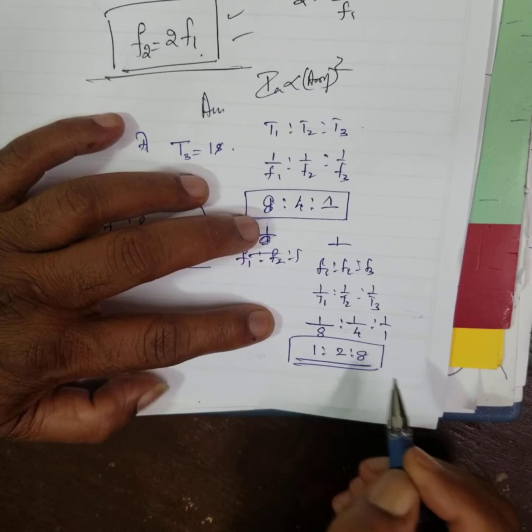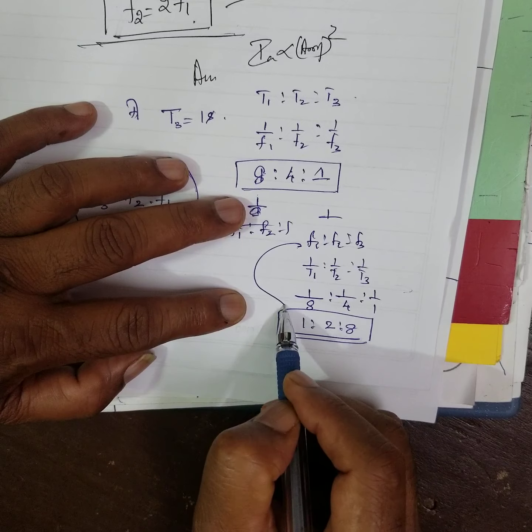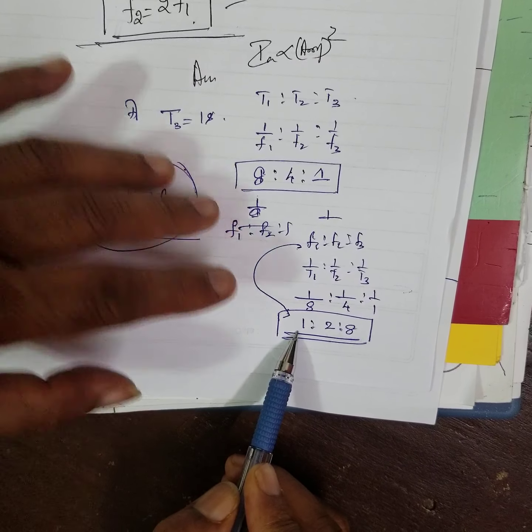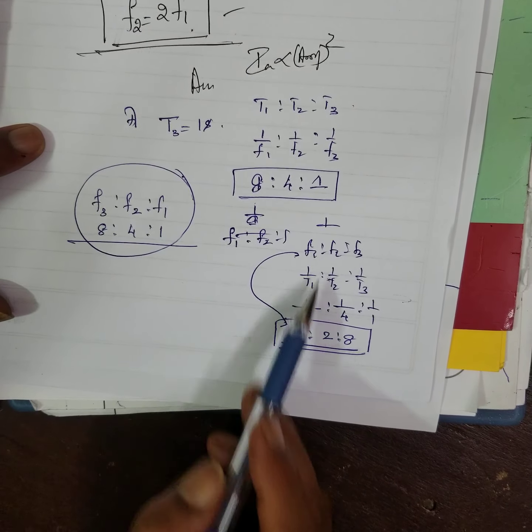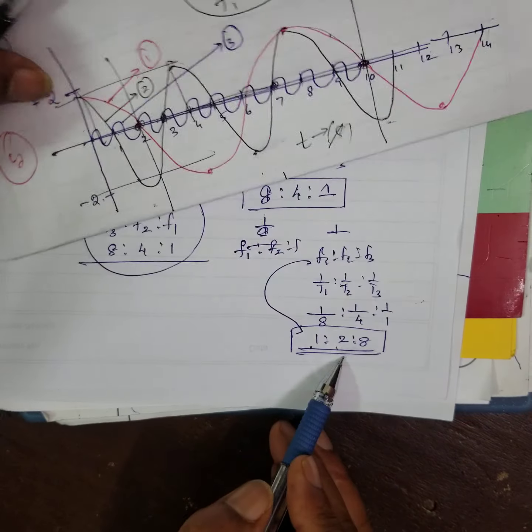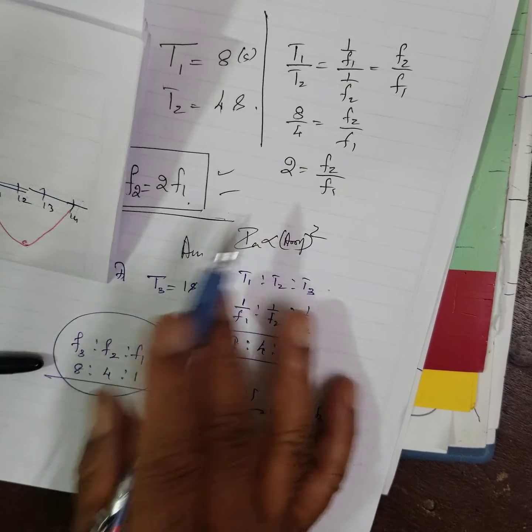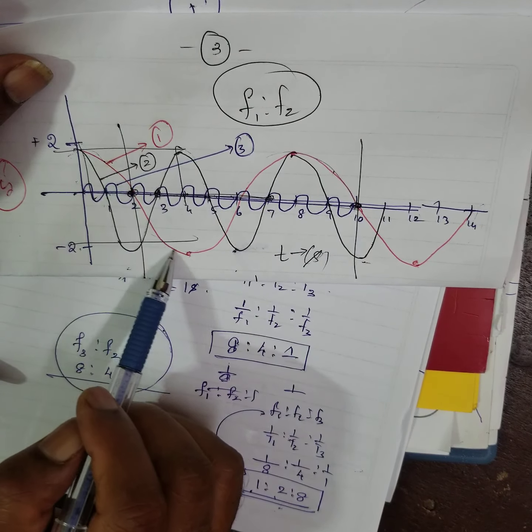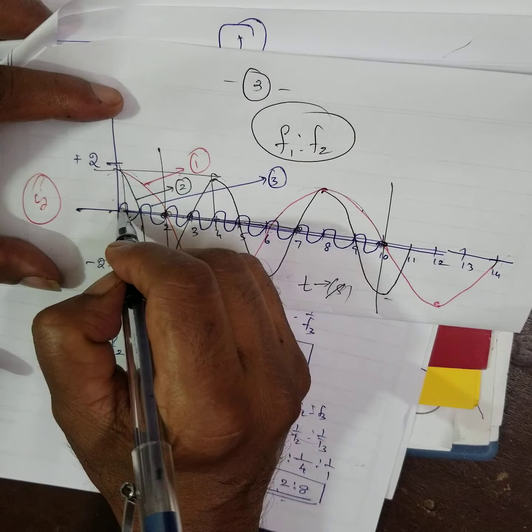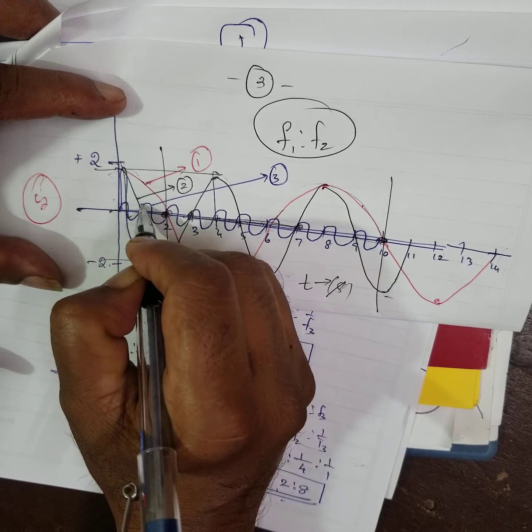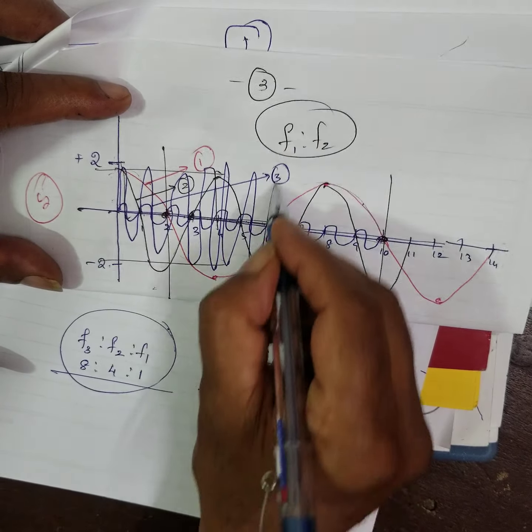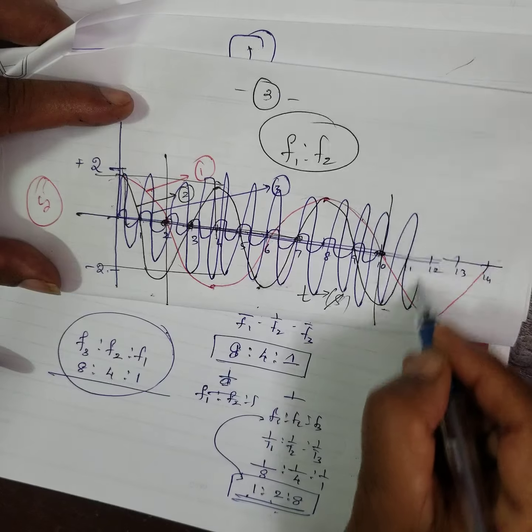What do you mean by this? That means if F1 is the frequency of the first wave, F2 is the frequency of the second wave, and F3 is the third, then for every one wave you are getting 8 waves. When you get one wave here, 8 waves are produced, but you wanted the same amplitude, and the amplitude is small, no? For that, you have to write like this. 1, 2, 3, 4, like this. The diagram should be like this.